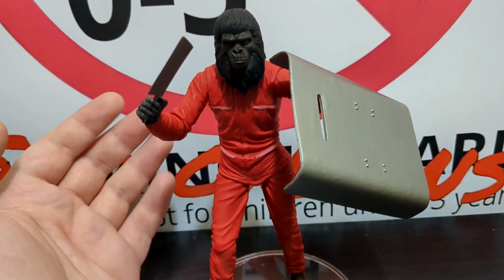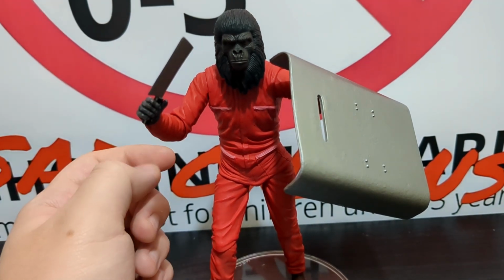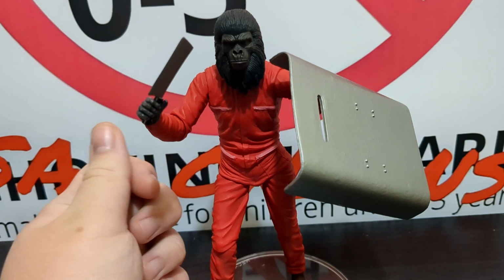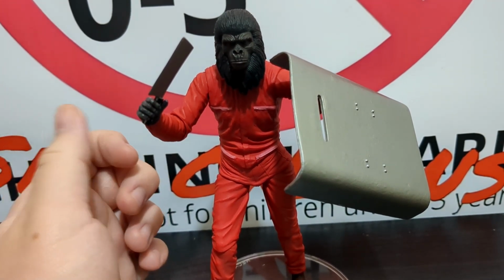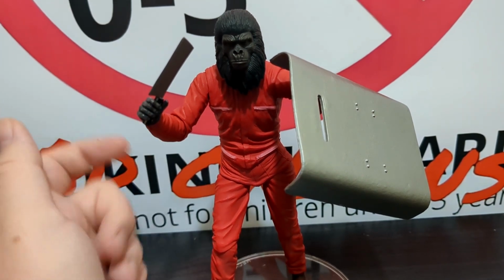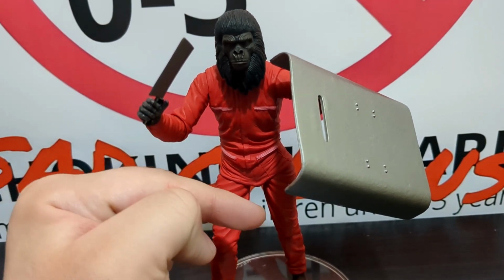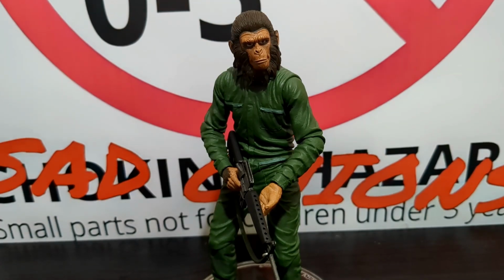And we're gonna have to cap off the review on Conquest Ape because fortunately enough, Caesar actually shares his exact same base body, so obviously it's going to be better if you look at articulation with him, but then just expect any articulation with Caesar correlates to this figure if we didn't have the QC problem with that leg. So anyways, moving on. Finally, here we are with my favorite figure in the entire series, being Roddy McDowell as...